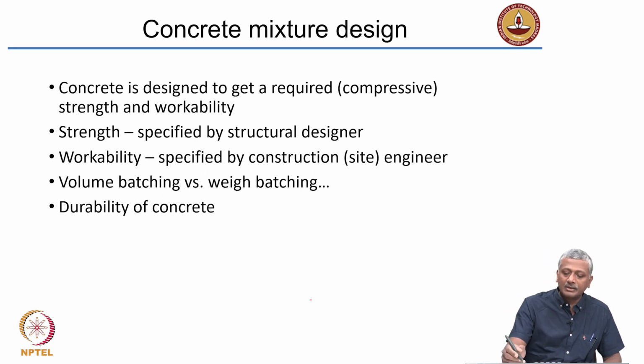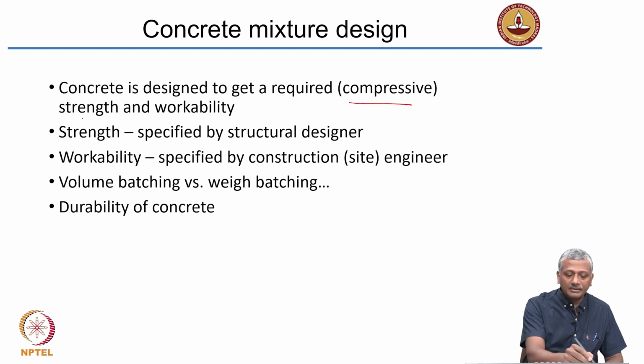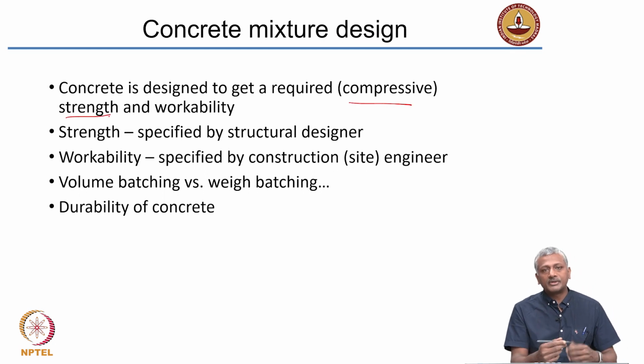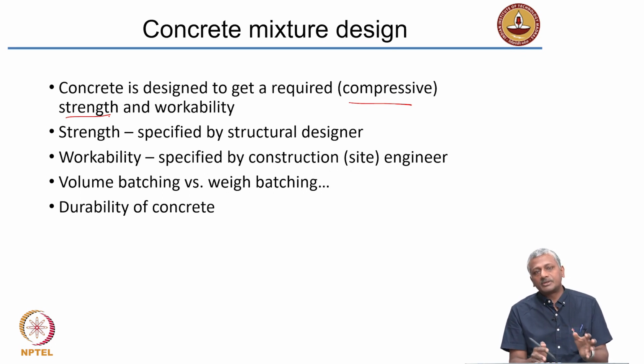Generally, concrete is designed to get a required compressive strength. Remember, we talked about this, that concrete is good in compression, poor in tension. So, for tension, you need to provide steel. So, as long as you have concrete, it takes care of the compression. So, you need to design concrete for its compressive strength in most cases. In certain circumstances, the concrete's resistance to cracking is also considered to be very important, like the design of pavement slabs with concrete.